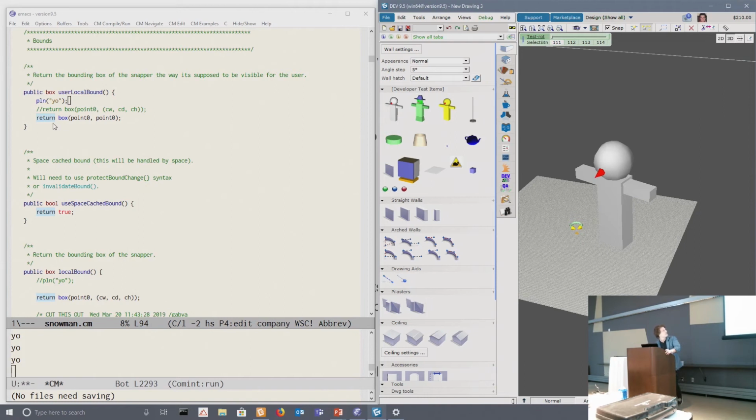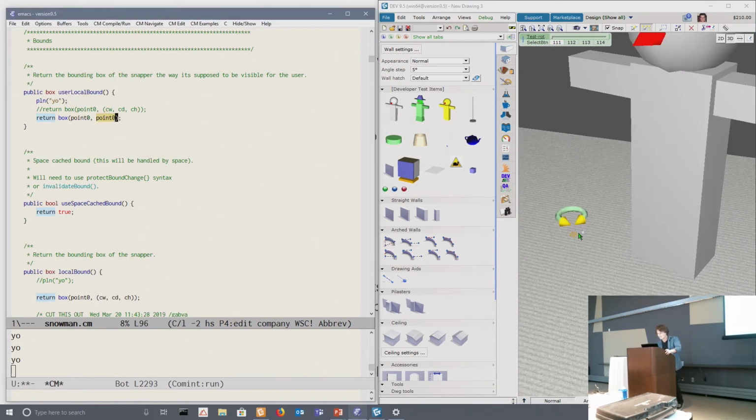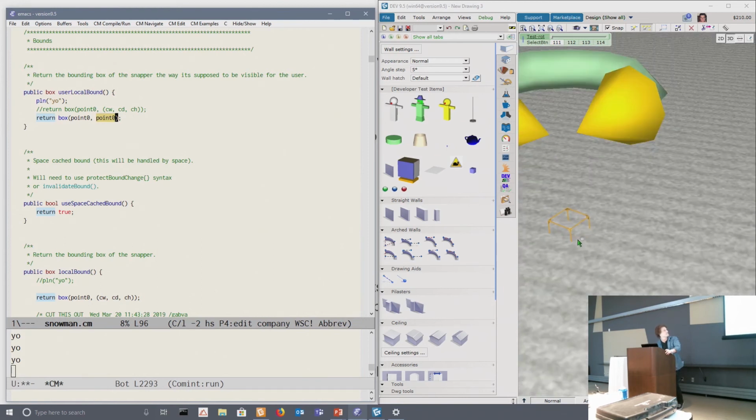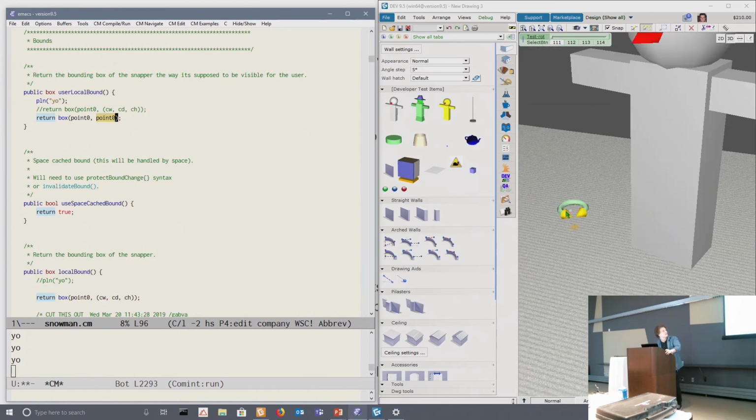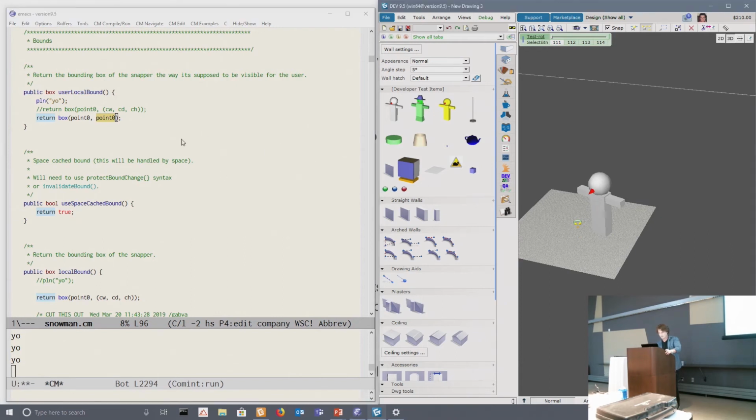I made my user local bound 0.0 to 0.0, and naturally, this is now what the bound looks like. It's this little guy way down here. It's nothing. And it's worth noting that this is actually calculated based on your local bound. Now, if I click on the snapper,